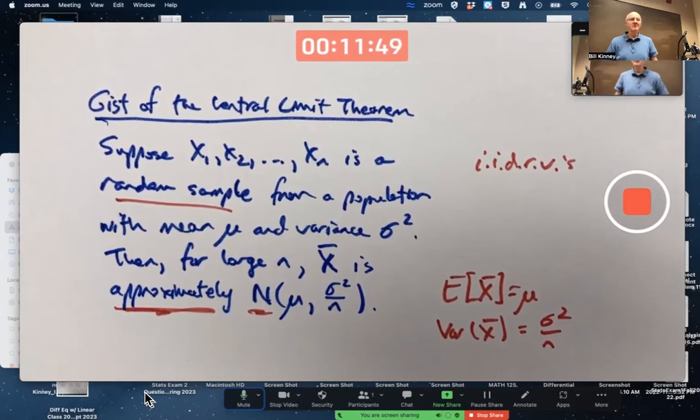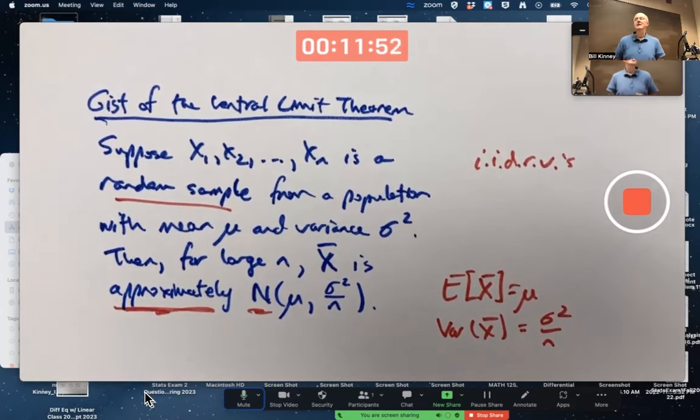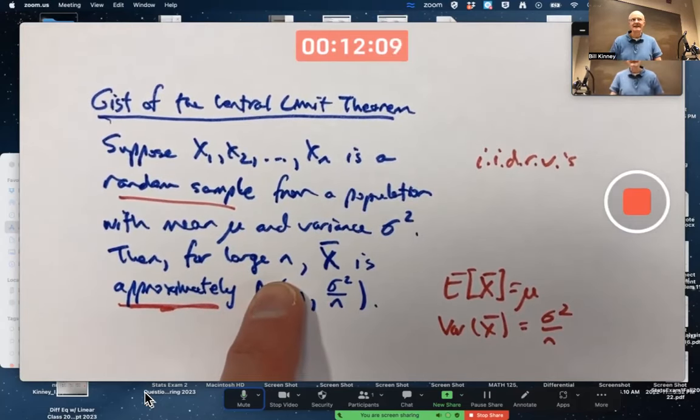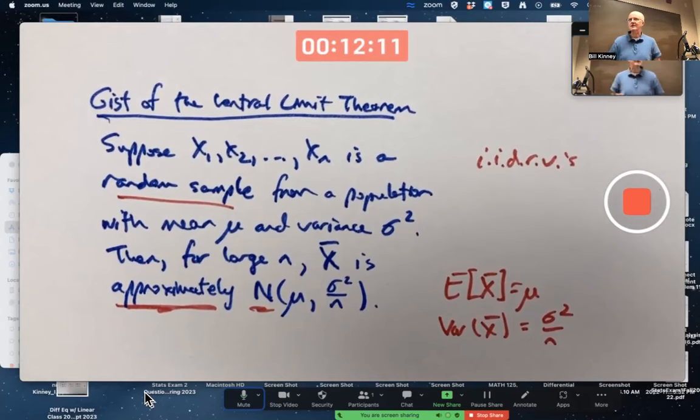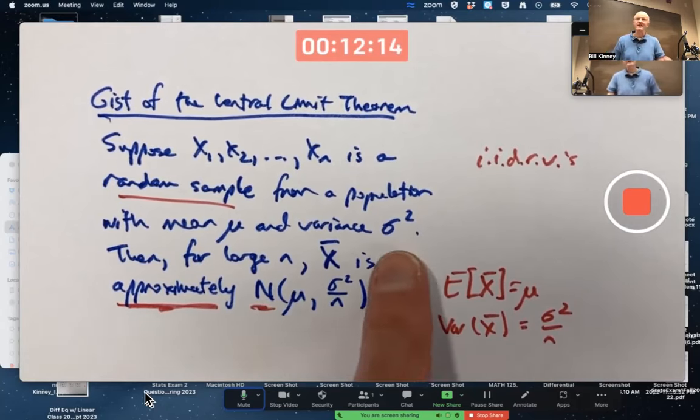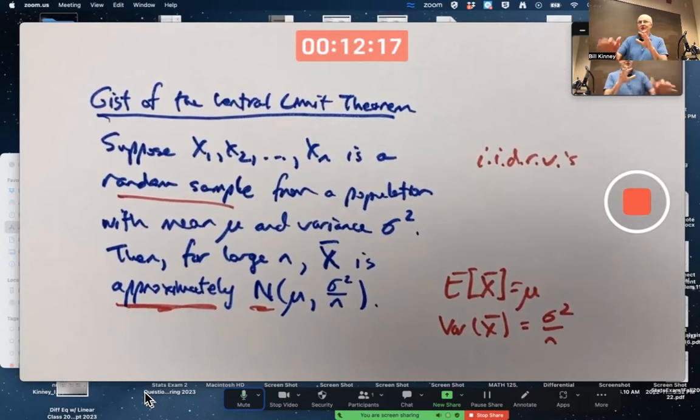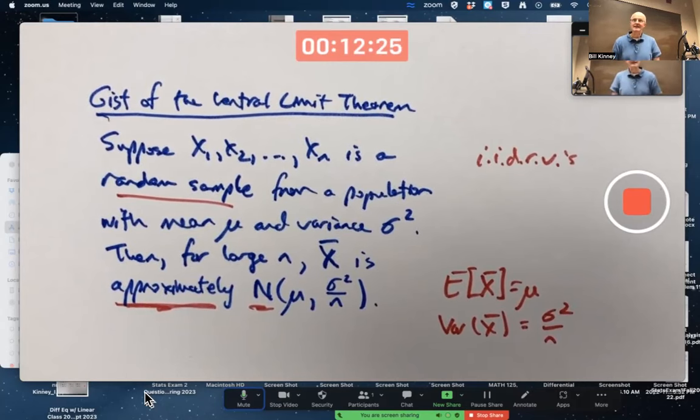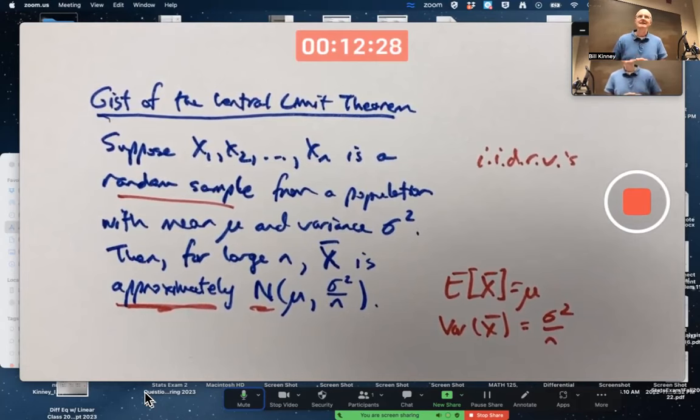And so this central limit theorem, especially in its vague form here, you might say pseudo-justifies, not fully justifies with a proof, but pseudo-justifies, like it's good enough for applications. Though how large should n be? That depends on how skewed the original population distribution is, perhaps, or maybe how big the variance is. Pseudo-justifies using our formulas for confidence intervals and maybe what we do for hypothesis testing, even when the population is